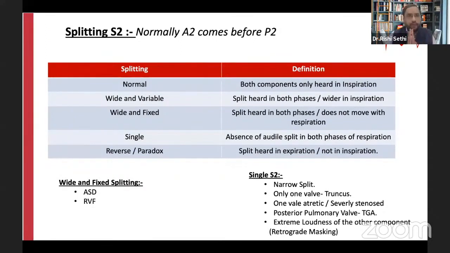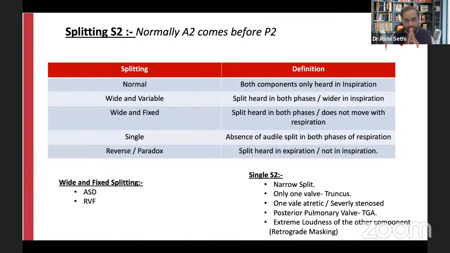If you can hear splitting in both inspiration and expiration clearly, then it's a widely split P2. And here again, it can be wide and variable and wide and fixed. In wide and variable, you hear splitting in both inspiration and expiration, but the splitting becomes wider in inspiration. While in a wide and fixed splitting, the splitting is heard in both the phases but does not